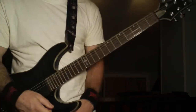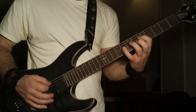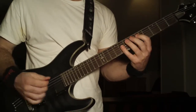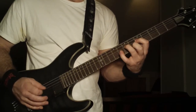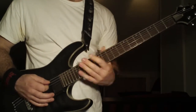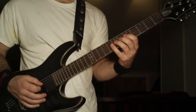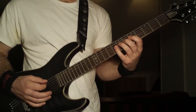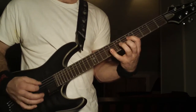Now the song gets really wild. You're going to come up here on the 7th fret on the 4th string. Okay, and you're going to do this crazy pull-off riff that he's doing here while hitting the open 5th string just one time in the beginning. So it's going to go...